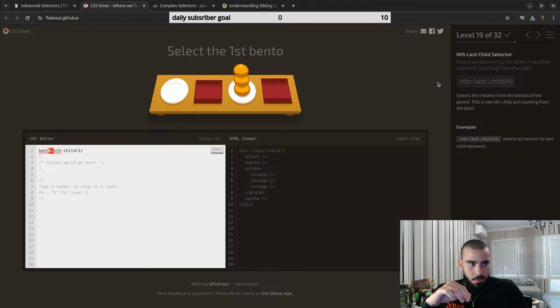Wait, I think I understand. If they want us to use this one, I can do dot table, and it will be 1, 2, 3. Maybe it counts the oranges as well. So 1, 2, 3, 4, 5, 6, 7. No. I don't think it's the table. Anyways, just to pass through this, I'll just do,